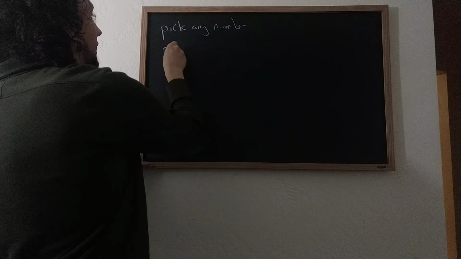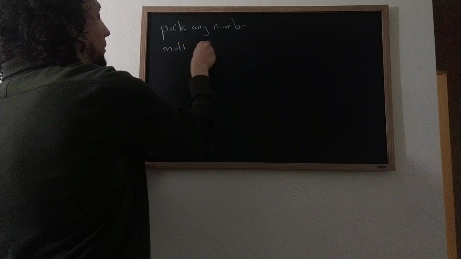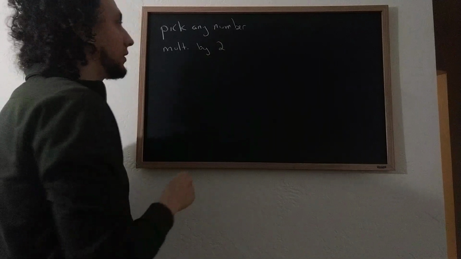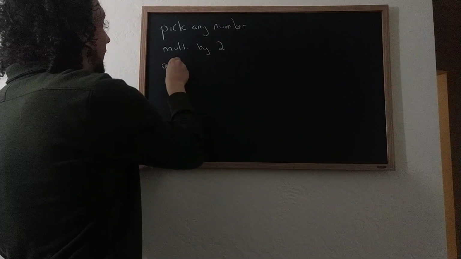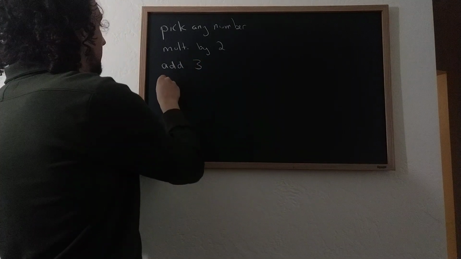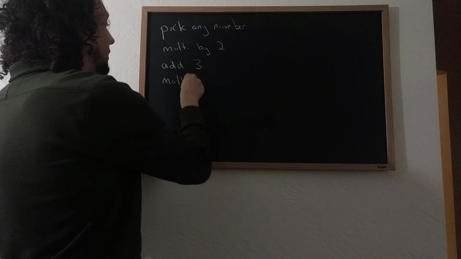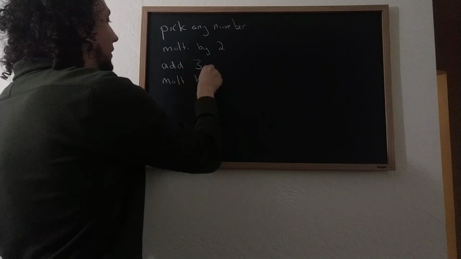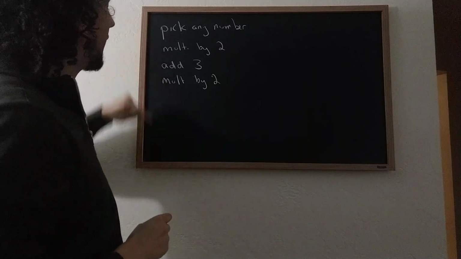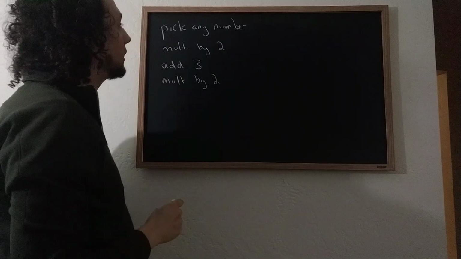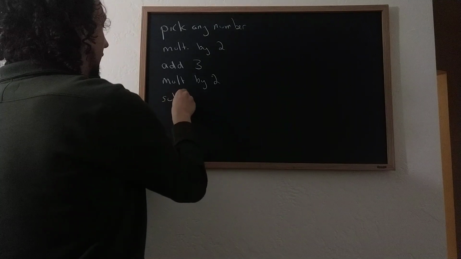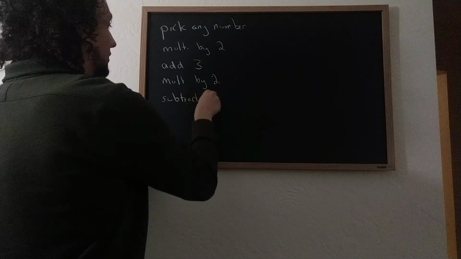Now multiply by 2. Multiply that number by 2. Add 3 to it. Multiply it by 2 again. So far you've started with a number, you've multiplied it by 2, added 3, multiplied it by 2 again. Now I want you to subtract 2,